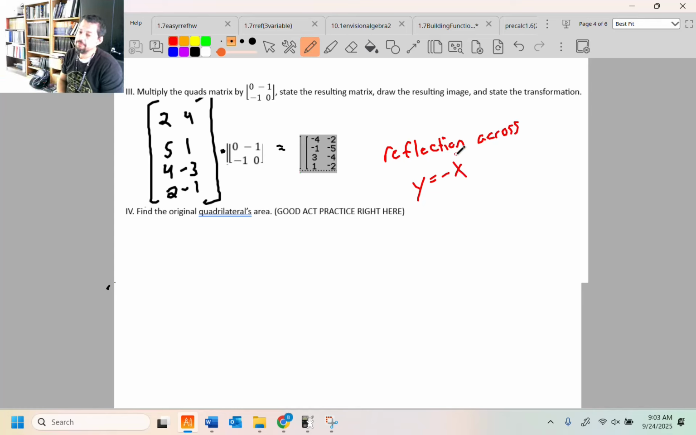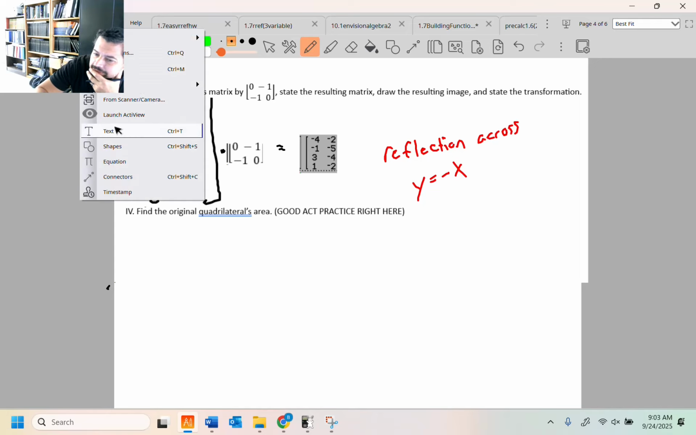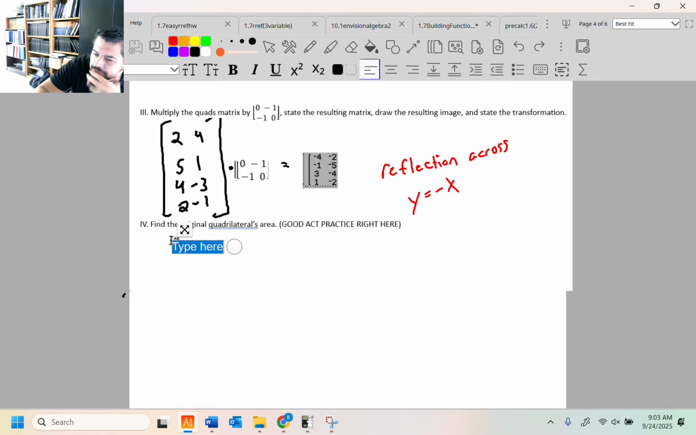All right, part 4 is kind of rough. Find the original quadrilateral's area. So did you figure out what it was? It is a trapezoid. How do you find the area of a trapezoid is the big question. People write this formula in different ways, but it's equal to 1/2 base 1 plus base 2